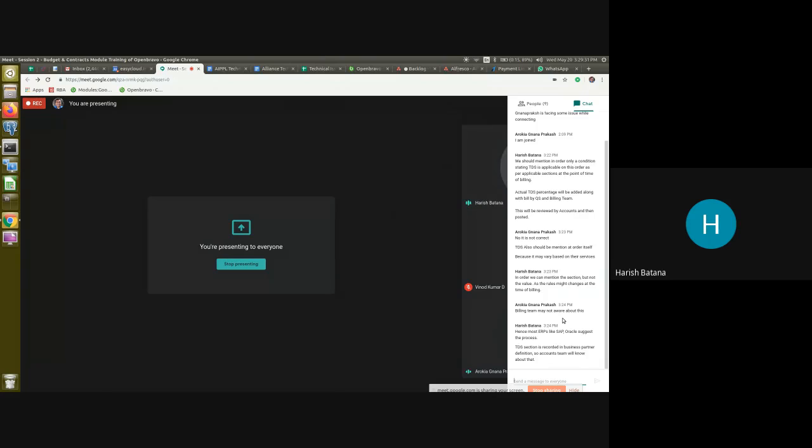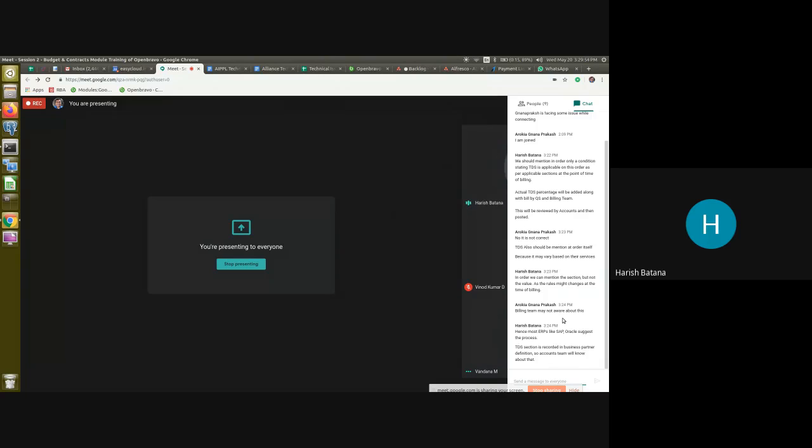This will be done by the QS billing team. No, the QS billing team should not enter any TDS part and tax part. Accounts okay, but QS billing should not make any TDS correction. Even if they enter, it is automatically coming. So we are asking them to review it. In case someone at a future point wants to enter it, they will have that option.